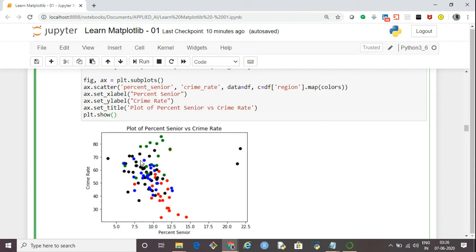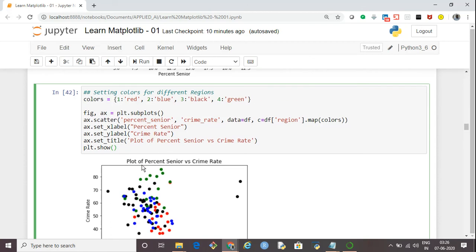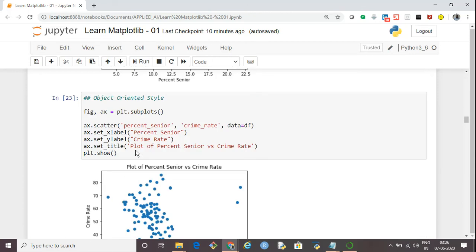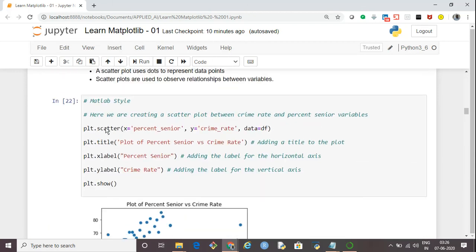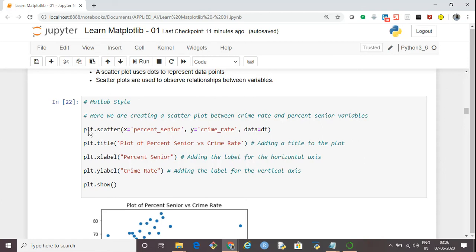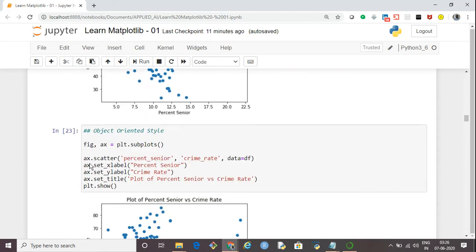that we have specified. So just a couple of syntactical differences that we need to notice between the MATLAB style and the object-oriented style. So in the MATLAB style, everything starts with plt, whereas in the object-oriented style we have to specify the axis.